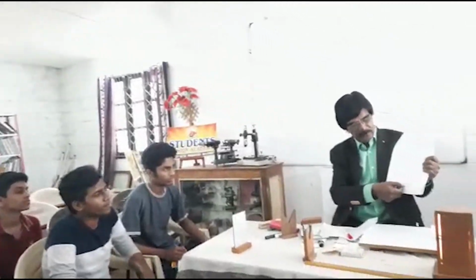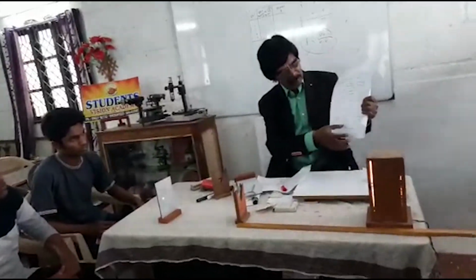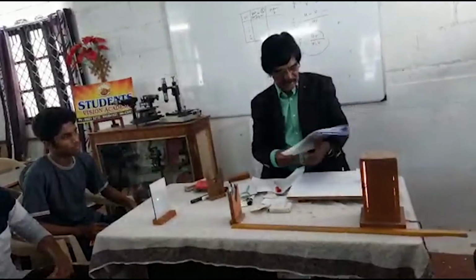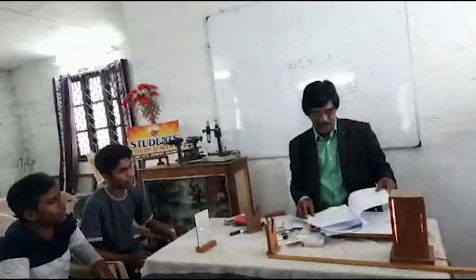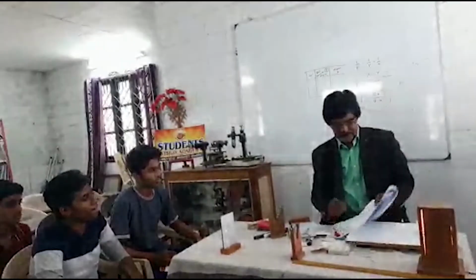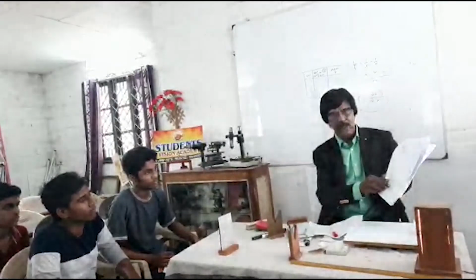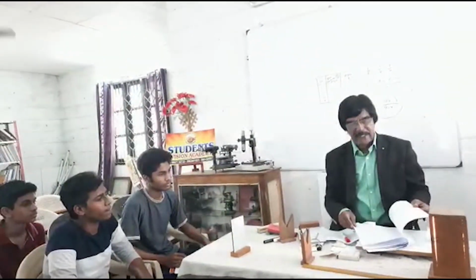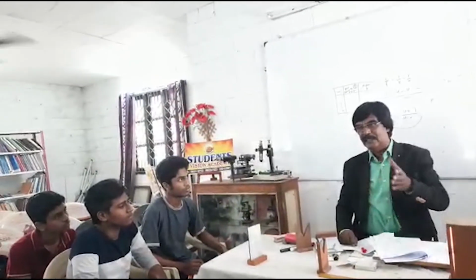See, u on the x-axis, v on the y-axis, and we can draw a line like this, 45 degrees. From this graph, we can get OA by 2. What is OA? This is OA. This is OB. OA by 2, OB by 2 will give the focal length, that is the principal focus. So like that also you can verify. Another method, the plane mirror method, is there. That we can see in the next session.